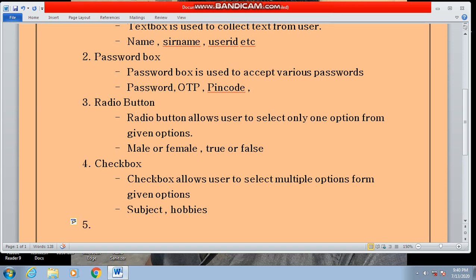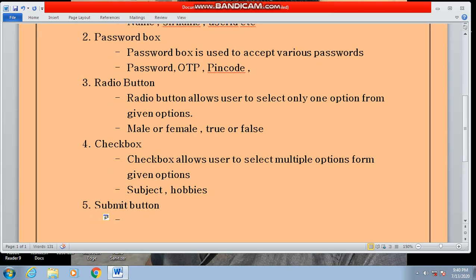Similarly, an online form is also submitted, and to submit the form data to the server, we have to use a submit button in the form. The submit button is so important because this button submits the form data to the server for processing. Submit button is used to submit form data to the server.